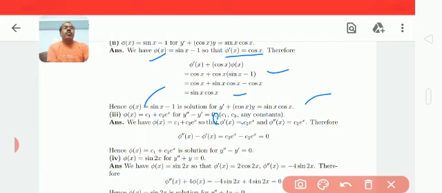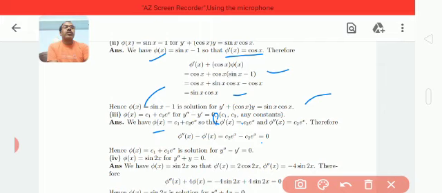So let us recall that this phi function will be a solution of this differential equation if it is satisfied by the given function phi. So we should have phi double dash of x minus phi dash of x equal to 0. So let us find the first derivative of the given function phi of x, which is here c2 into e to the power x, because the derivative of c1 is 0.